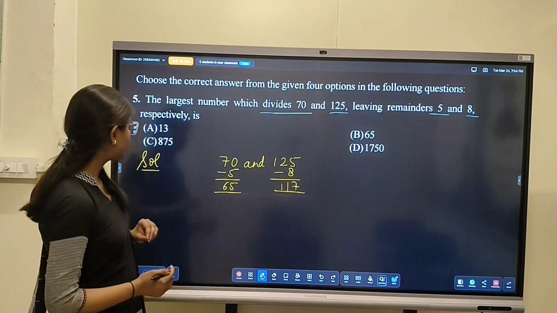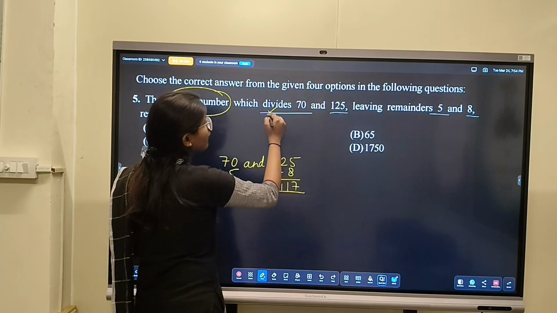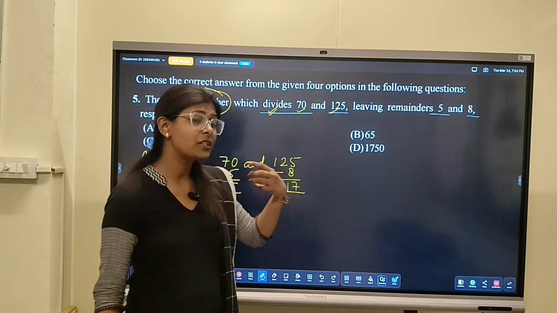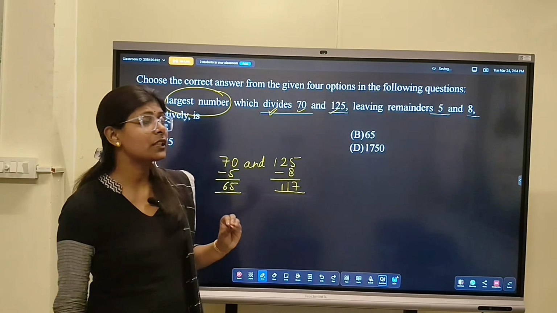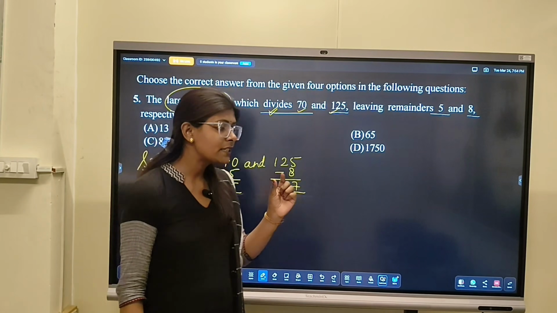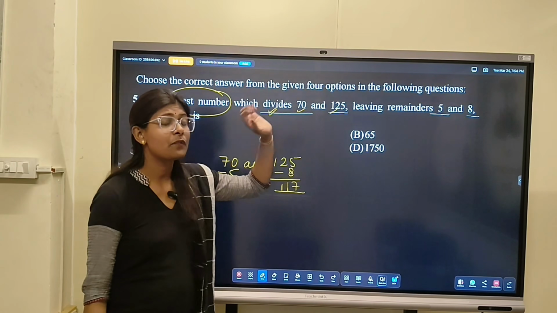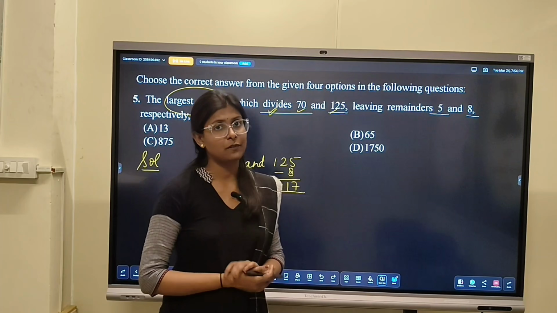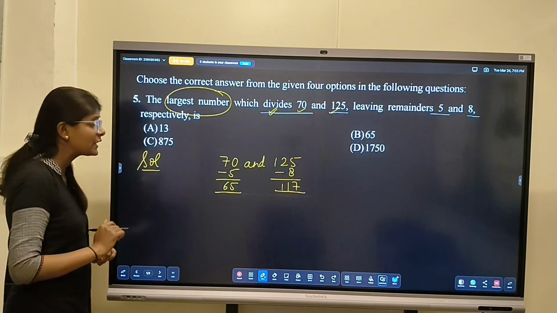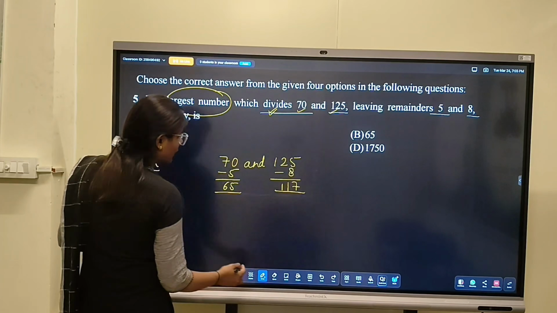So, let me give you the clarity on this, because they are asking for the largest number which divides these two numbers. Right? Because they are asking for the number which divides them, so we will be using the concept of HCF. In case they ask the number which is divisible by 70 and 125, we will use the concept of LCM. I hope this is clear when to use HCF and when to use LCM. So let's find out the HCF